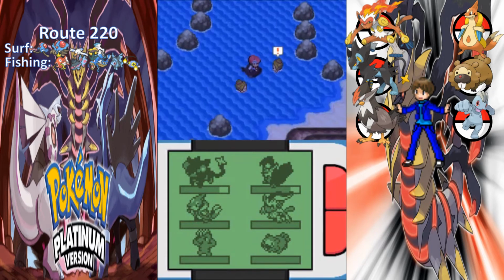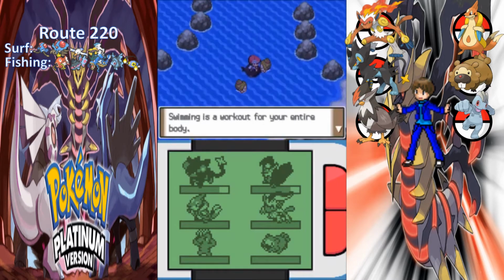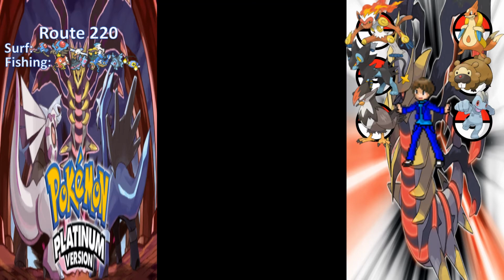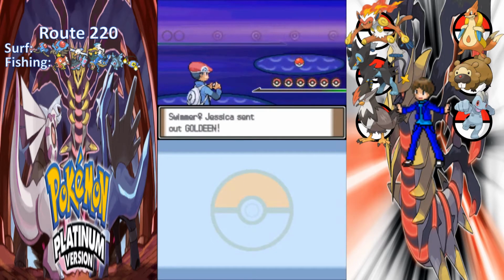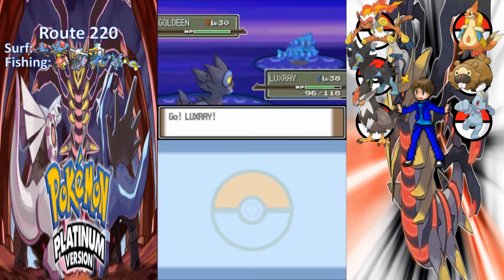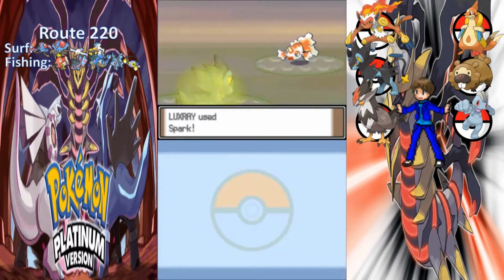Now today, everybody, since I already went through this route in the last part, as you can see here, now we are going through the next route. The next route is called Route 220. The only major difference between Route 219 and Route 220 is that